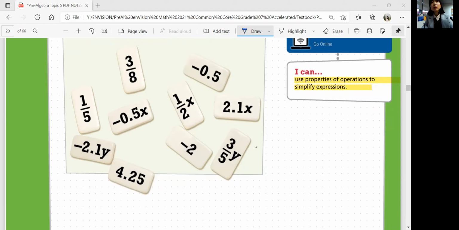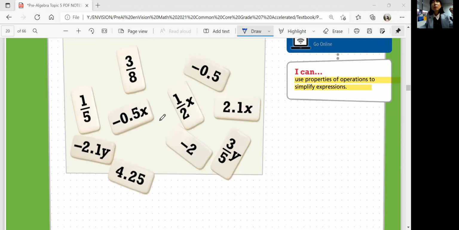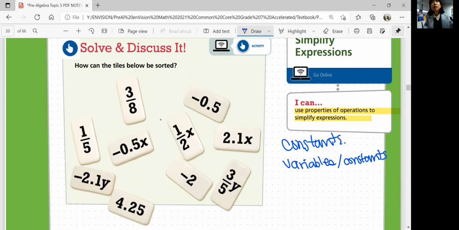We can group the negative constants. There are some negative constants that have variables and some that don't, so we can group them separately as well. So what else do you see? So we see constants, we see variables with constants, the coefficients,